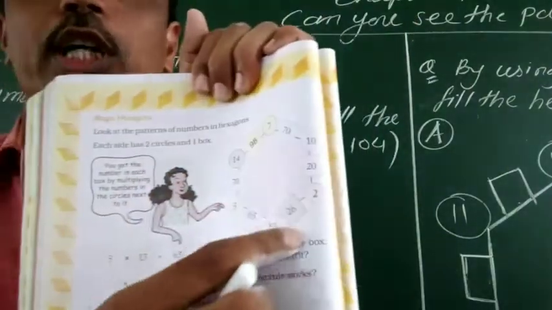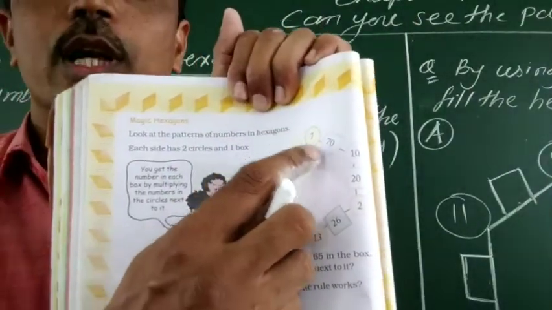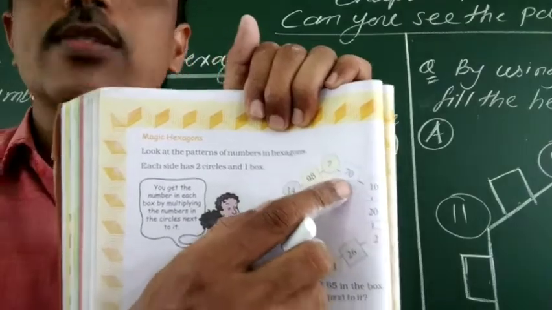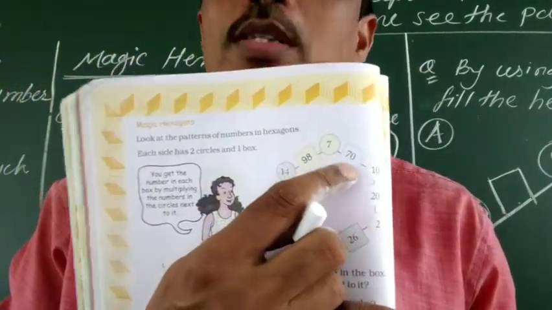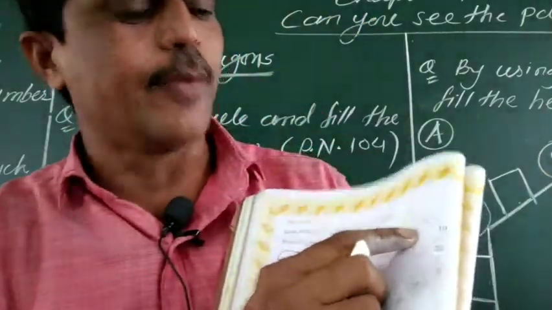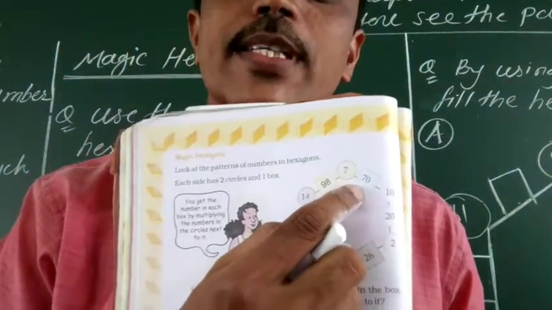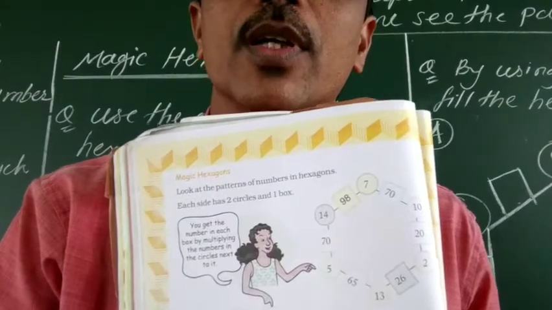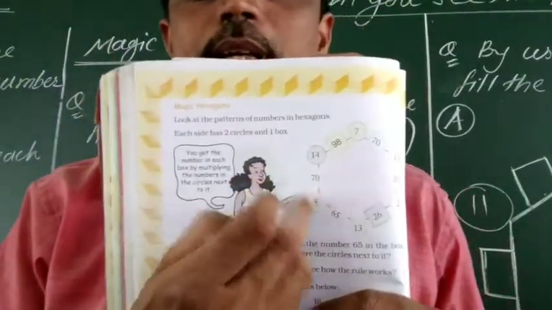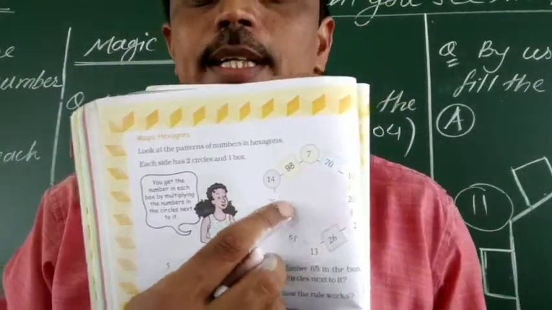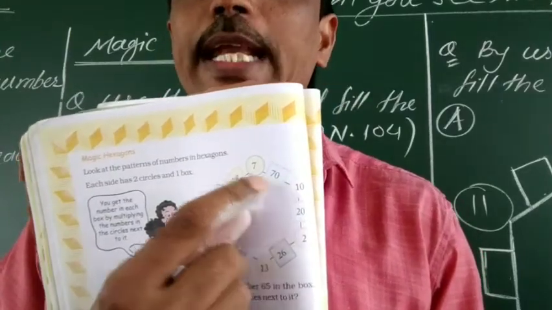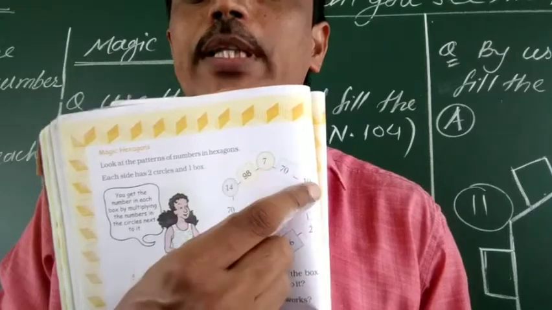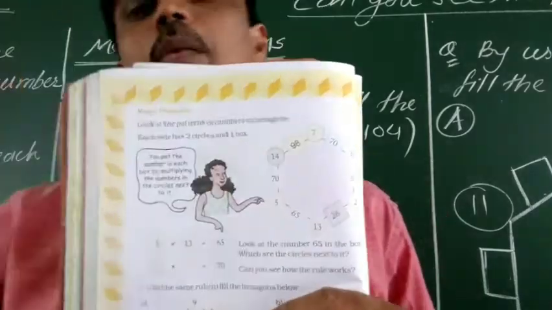See, in this hexagon there are some circles and there are boxes in between the circles, and you see a number in the box. What is this number? Suppose this is 70. So what is 70? 70 is the multiplication of 10 and 7. मतलब जो सर्कल में जो दो नंबर दिए, इन दो नंबर का वो क्या है आपका मल्टीप्लिकेशन है.